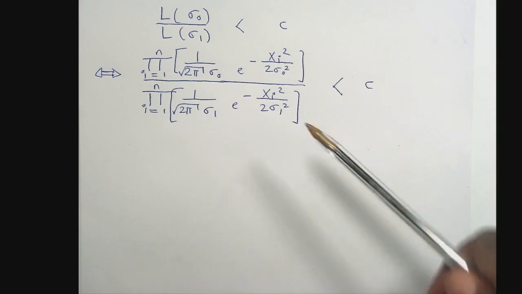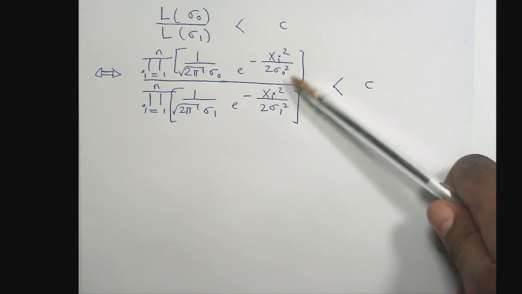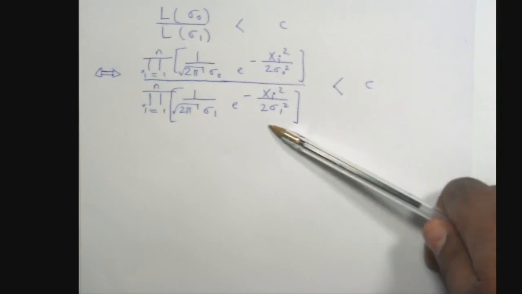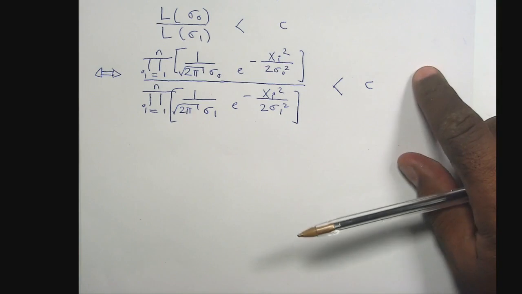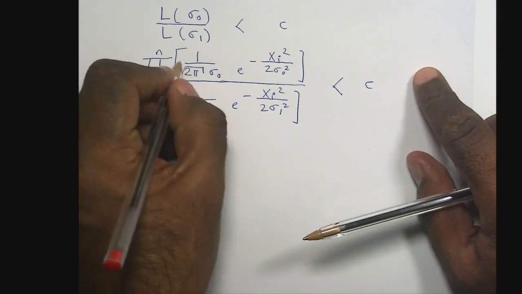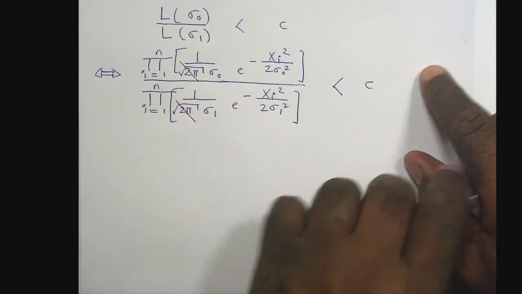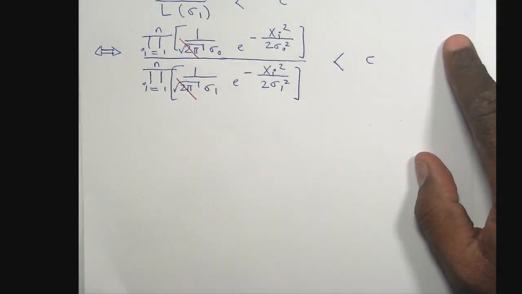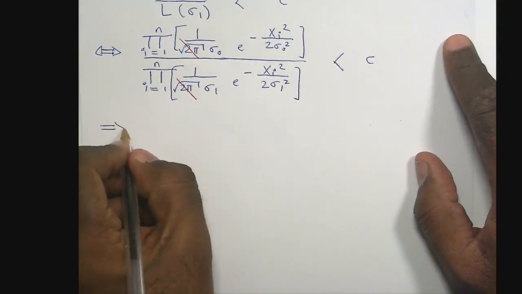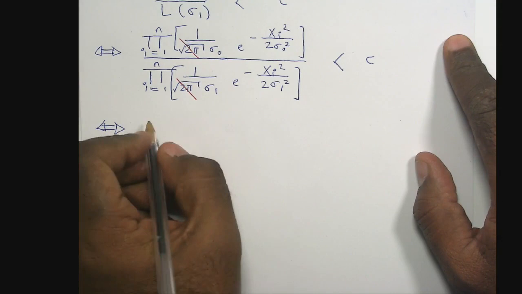So this is the density of the normal at sigma 0, mean 0, this is sigma 1, right? You see a few things will cancel. This guy and this guy will cancel. So what you get is